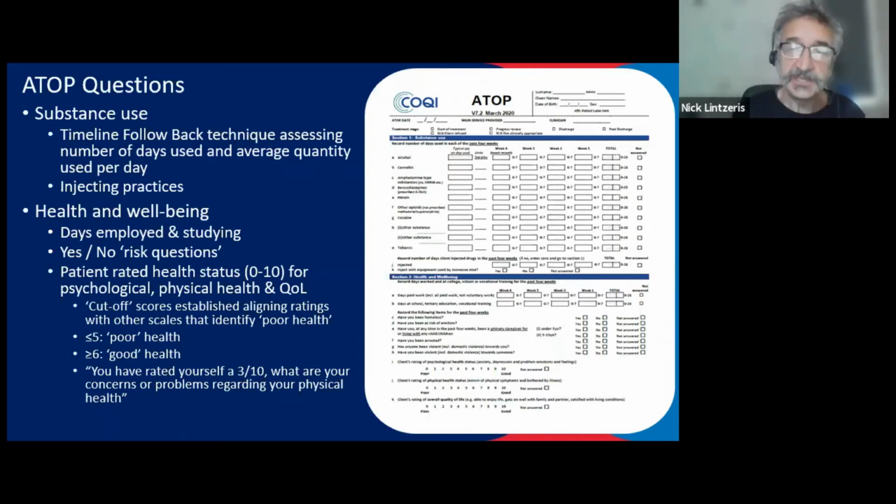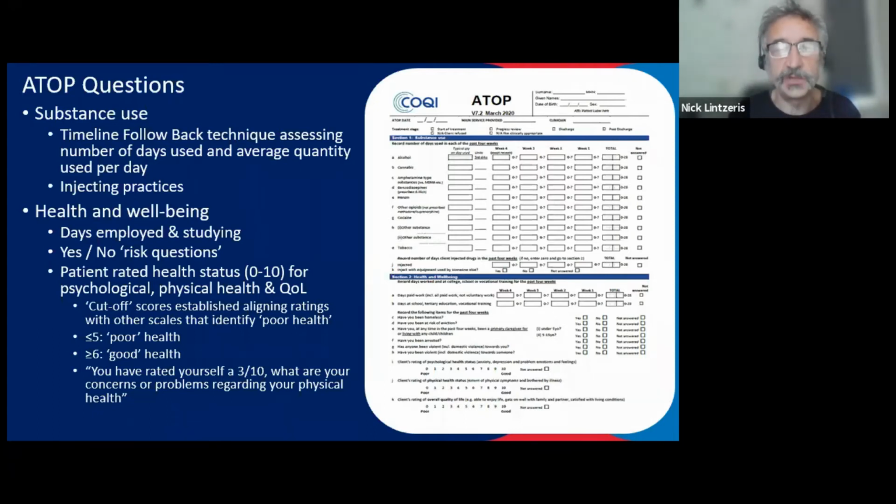For the other substances, we all know there is no standardized approach to documenting heroin use or ice use or cannabis use. Different clients use a different way of describing their use. So a cannabis user might talk about how many grams they use or how many bongs they use. A heroin user might similarly talk in terms of caps or grams. Some people might talk in terms of the money spent. So generally what we suggest is, however the client reports their average use, you document that, because chances are when you repeat the ATOP a few months down the track, you can use a similar language or a similar way that the client had reported it, and